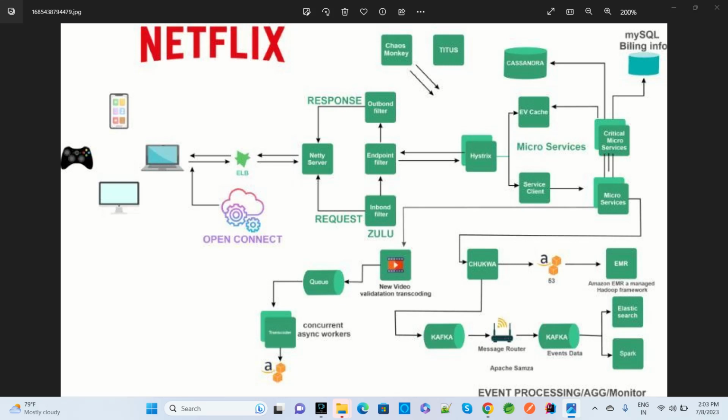Some of the microservices will have a different database, either Cassandra or something else. This critical microservice will have MySQL billing info, which will communicate with the SQL database to send the billing information. Suppose you want the bills for a particular employee; in that case we go for this. Other microservices